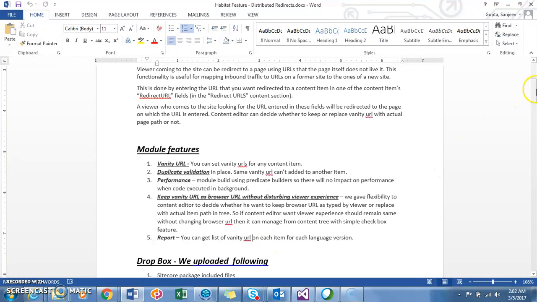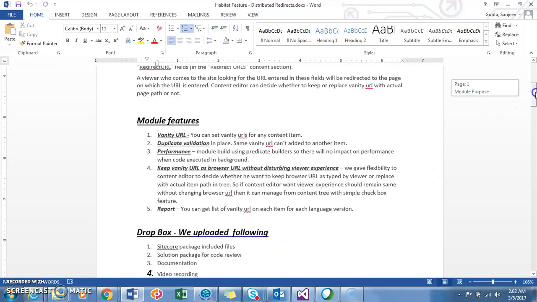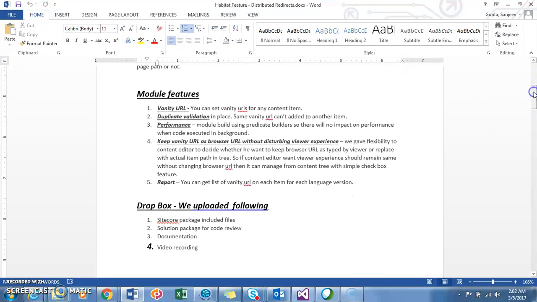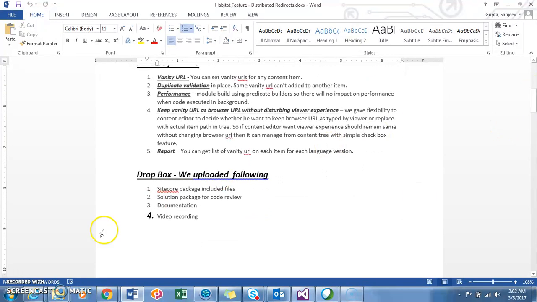During this activity we will provide you the Sitecore package which you can install, and we will also provide the Sitecore solution package for code review, then documentation and the video recording as well. Once you install the Sitecore package,